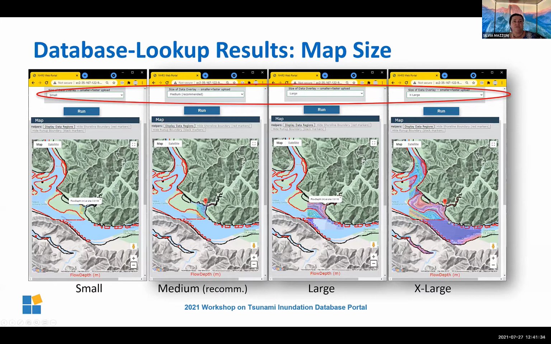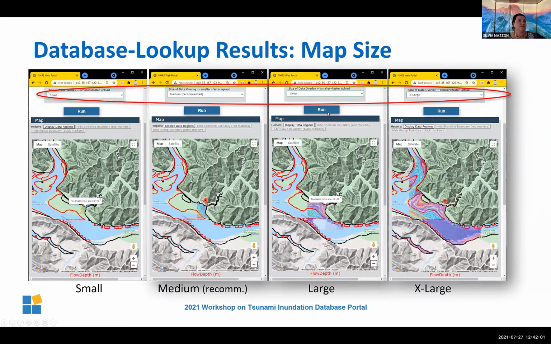As you can see, the data is really only given in areas where there is data. It's outside of the inundation lines, there is no data. So this makes things a little bit faster, at least in the display and the data set. And what you can do is after the first time, if you want to visualize the data a little bit more, you can actually go back, reselect a different size and click run again, and you can do the analysis